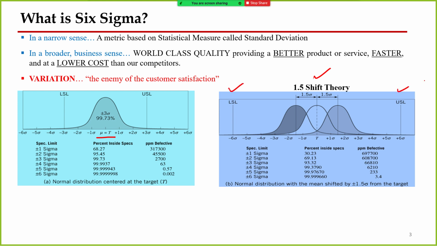As I gave you the example earlier, if we are going to produce a ballpoint with a specification limit of 3 mm as the target point, plus or minus 0.5, that means if the ballpoint diameter is between 2.5 and 3.5, we accept it. If it crosses the specification, we reject it. So according to Motorola, if your process has lesser variation, although your process mean is shifted up to 1.5, your process variation must be as small as possible so that it lies within